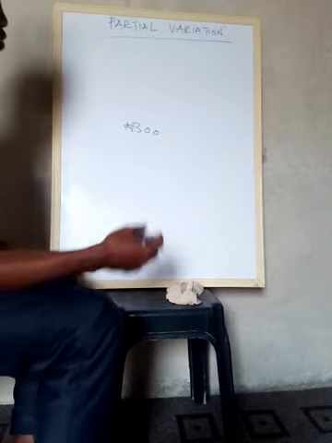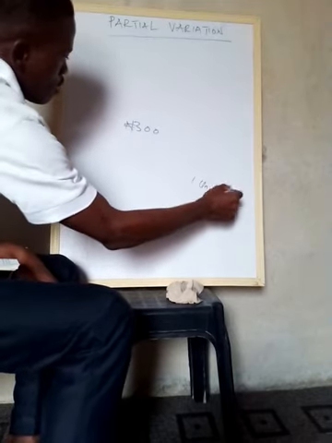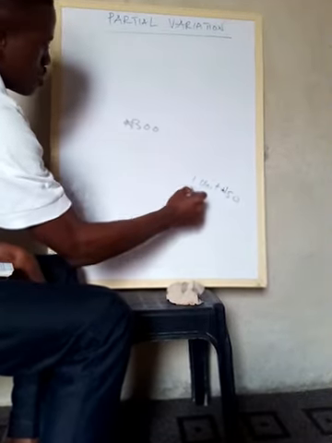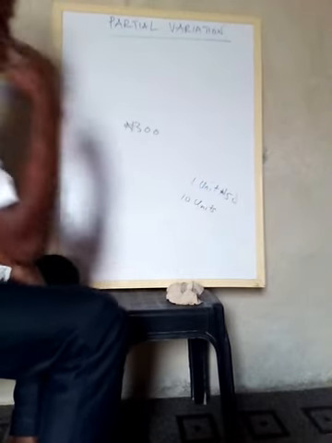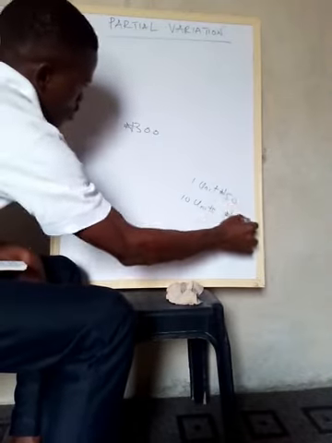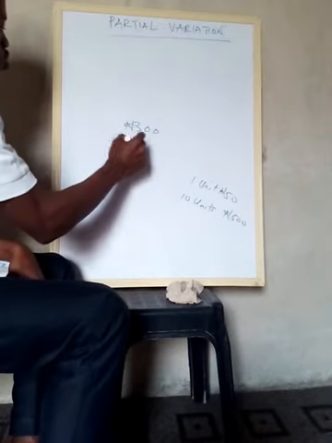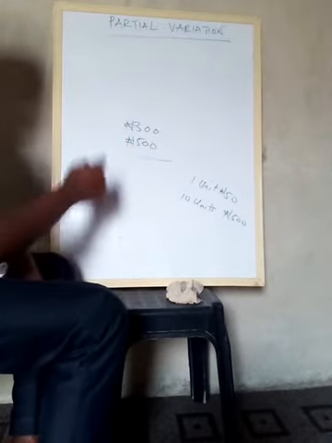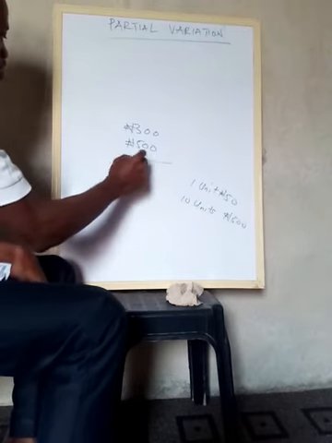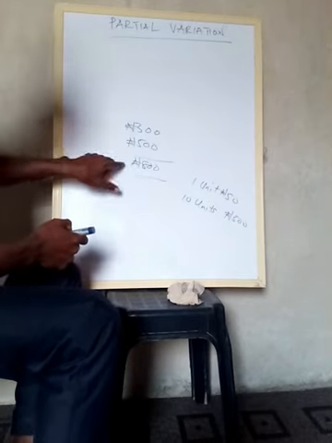And so if, for instance, a unit costs 50 naira and you want to buy 10 units, that means you're going to pay 10 times 50, which is 500 naira, for the units, in addition to the initial 300 naira that is for other charges. So together you pay 800 naira. Now this total 800 naira depends on two things.